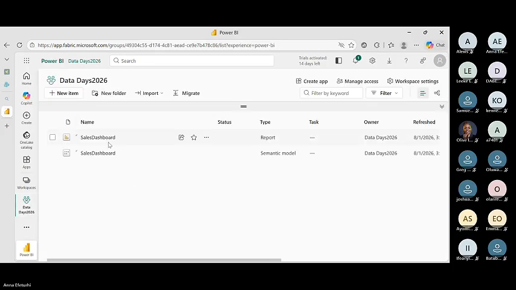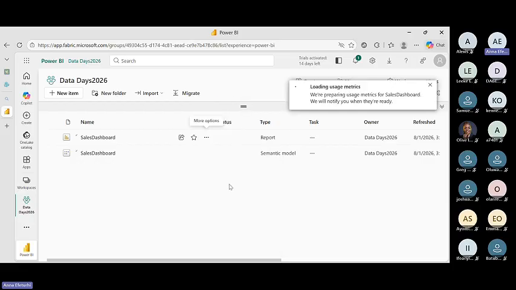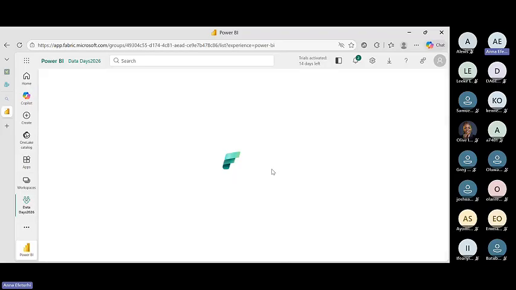Now, if we go back, let's talk about our reports. So these are our reports. For our reports, if you want to know those that have viewed your reports, you can look at it. This is view usage metrics. If I open up the metrics now, I don't think we have had anyone that has viewed yet. So if we look at view usage metrics,